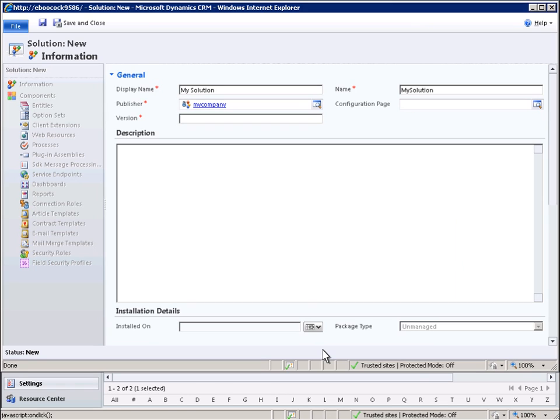Versioning is a new feature that lets you easily determine what version of the solution is currently deployed. As an ISV, if you're deploying solutions, you can easily check what version the customer is using. And then we click Save. This saves the solution, so it persists in metadata and lights up the other components which can now be added